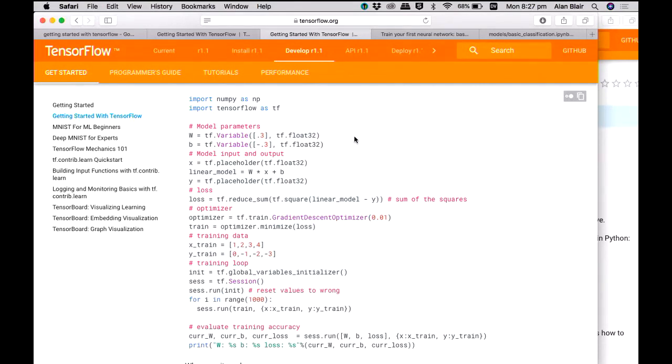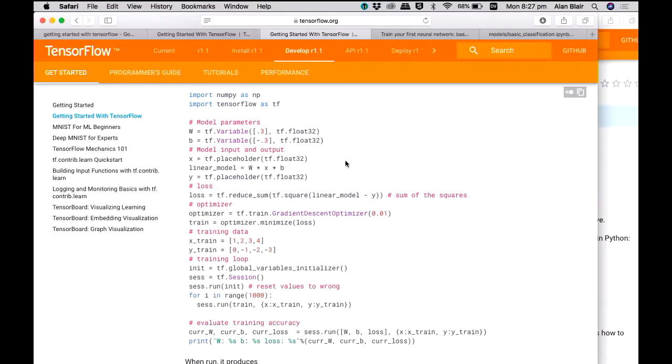It's the simplest possible regression you could have, but it shows you how the thing is set up. W is a TensorFlow variable of type float32, and its initial value is 0.3, and b is the same thing, but its initial value is -0.3.